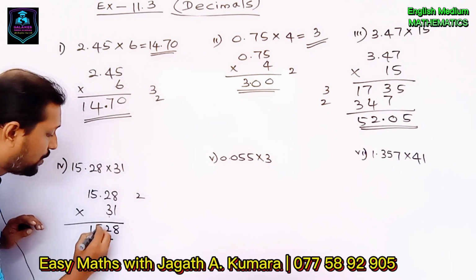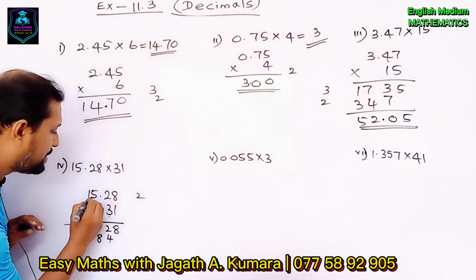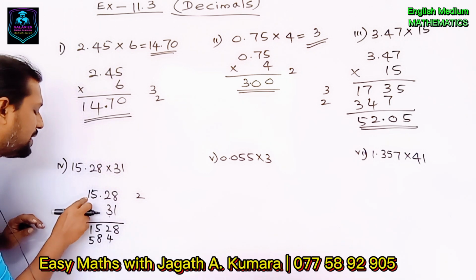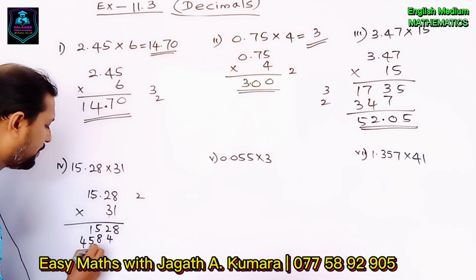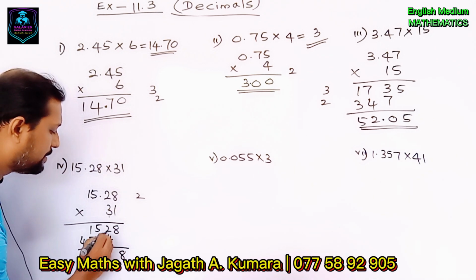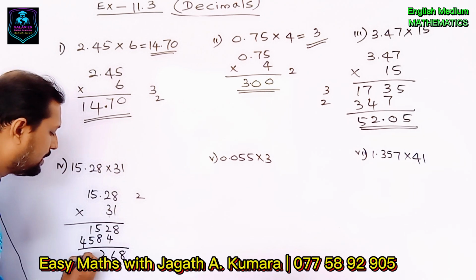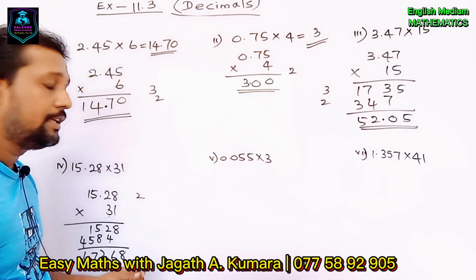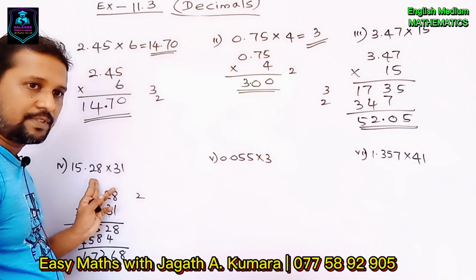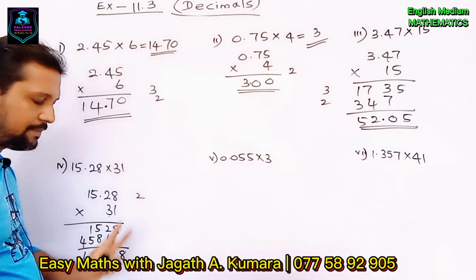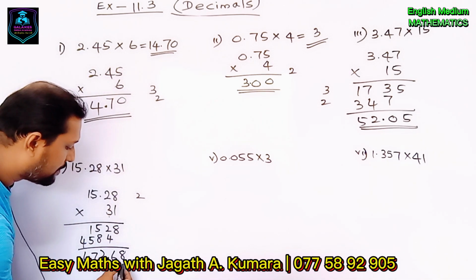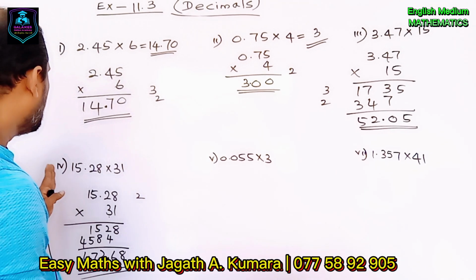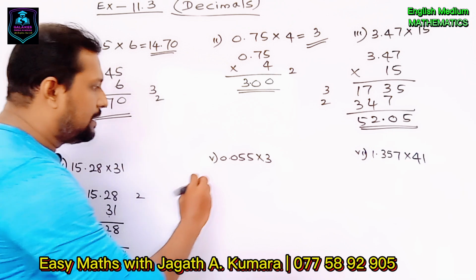6 plus 2, 8. 3 times 5, 15, remaining 1. 3 times 1, 3. 3 plus 1, 4. 8, 6, 13, remaining 1. 7, 4. Then finally, you check how many decimal places of this number. There are 2 decimal places, so you keep 2 decimal places of the answer. Right? It is the fourth part answer. Then next one,